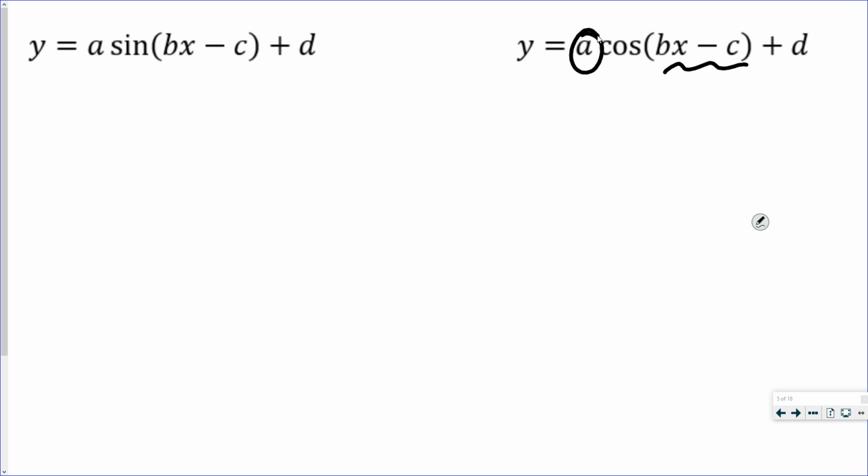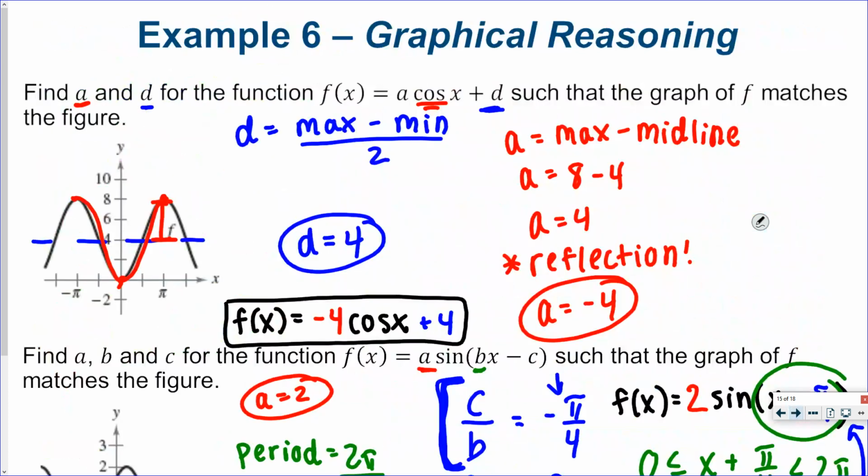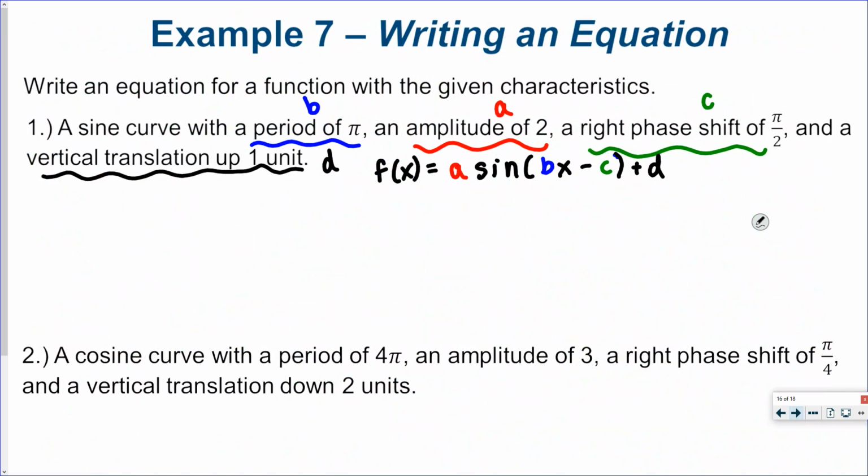It's kind of like the basic form of an exponential, what we did in chapter 3. This is the basic form for exponential. This is the basic form for sine and cosine. Okay, so I'm just going to start with the very first thing that was given to me. We know this has a period of pi. So I know my period normally starts at 2 pi, and whatever b is, I have to divide it by that horizontal stretch or shrink factor. So if I know my period is pi,